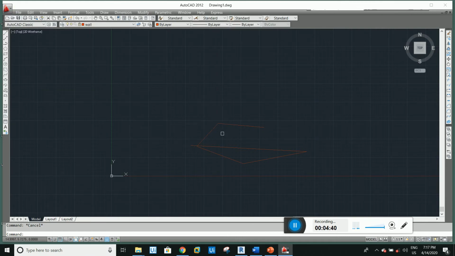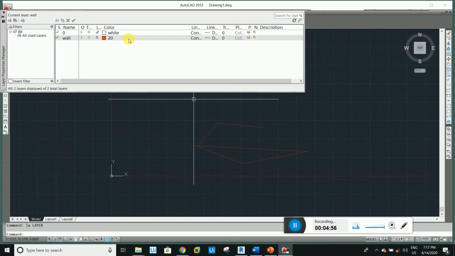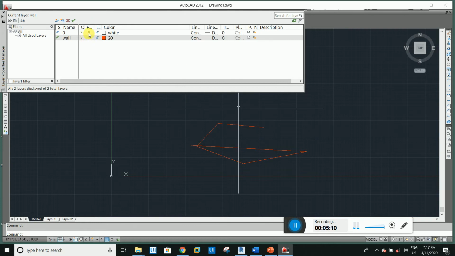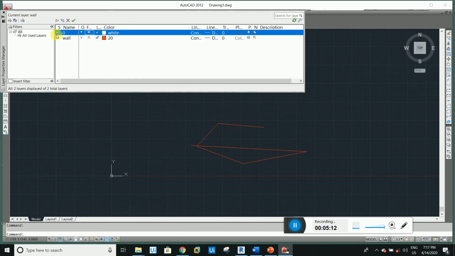I will show you that. You go here, and if you want to move, see, this is not working. Same layers. And this is the wall layer in freeze. You make this layer freeze, unlock and freeze these objects. This layer cannot be frozen because it is the current layer, so we cannot freeze the current layer. If you want to freeze this layer, we can freeze it, and if you want to create anything,